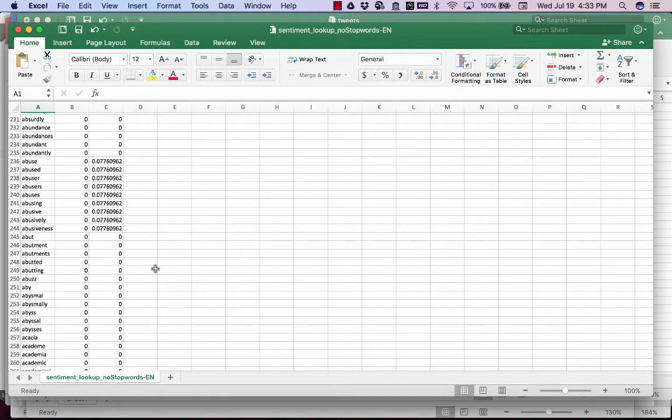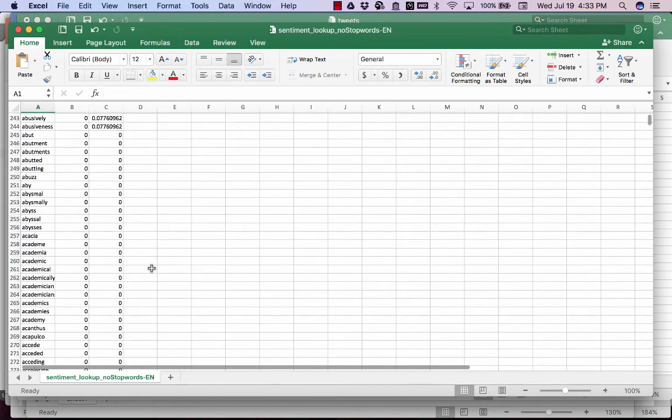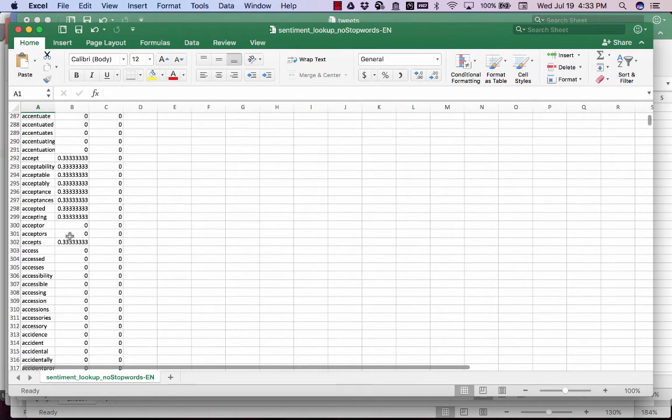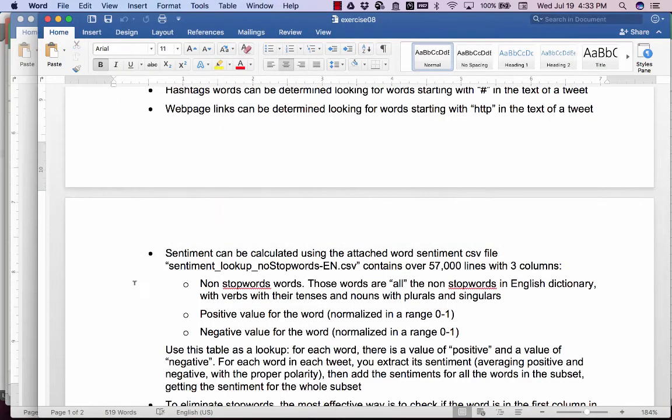Abuse is negative, abusiveness and everything that is related is negative. Acceptance is positive, and so on. So the classification is not mine, but is calculated from an external source. I created that lookup table, but the source